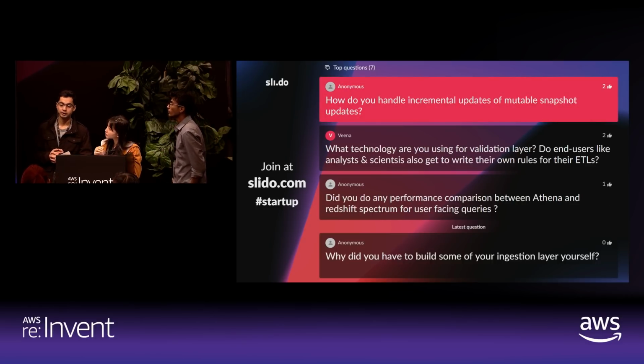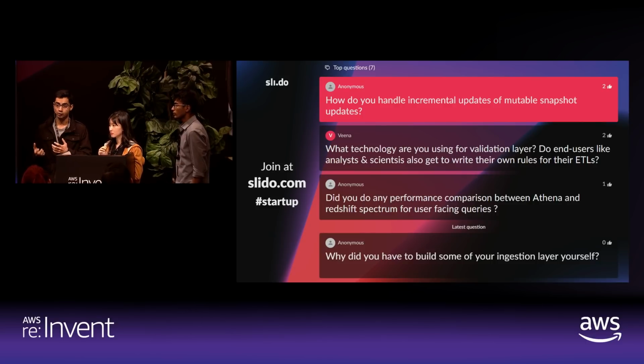Right, so the way we do that is we take a complete snapshot of the entire database every time we do a snapshot. We don't do any incremental updates. We don't do a delta update on top of this. While we're redoing a lot of computation, since most of it is redundant between different snapshots,